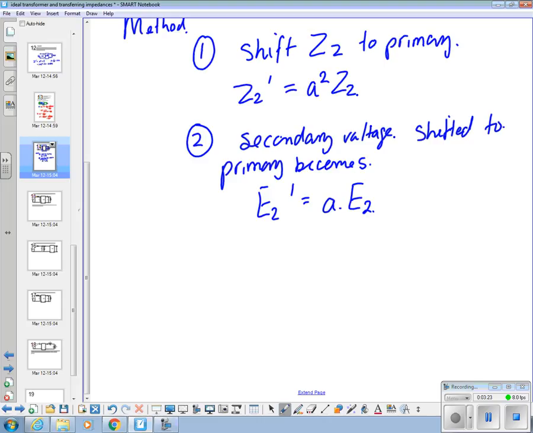We don't know it yet, but we can say if we put it on the primary side, that'll be equal to that. And 3,